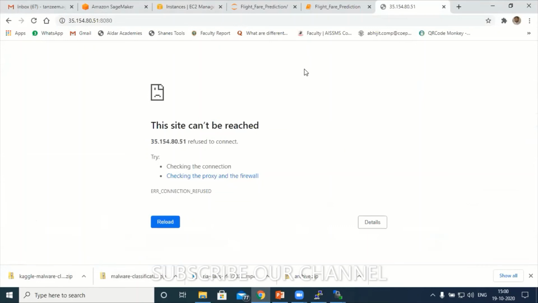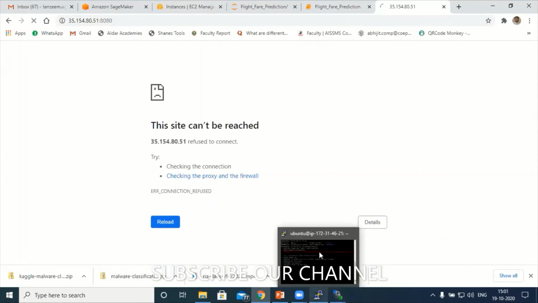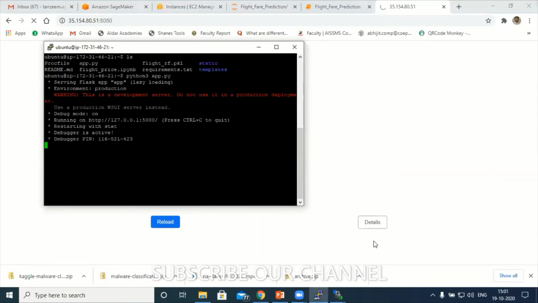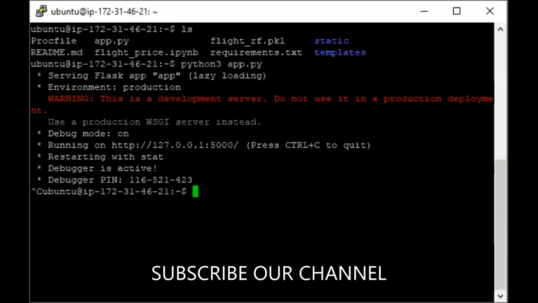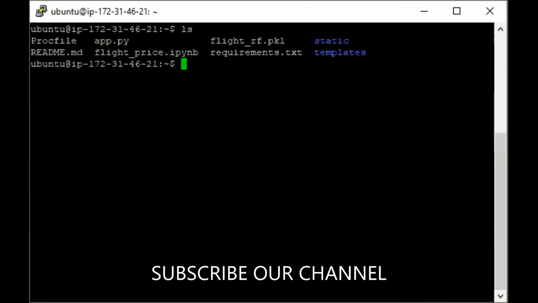What is the reason? Can someone tell me, please? One second, let me change the screen. So here, let's go to the app file. Press Control C if you want to come out of that server. Next, clear, ls. Let me open that app.py file and see what the problem is.